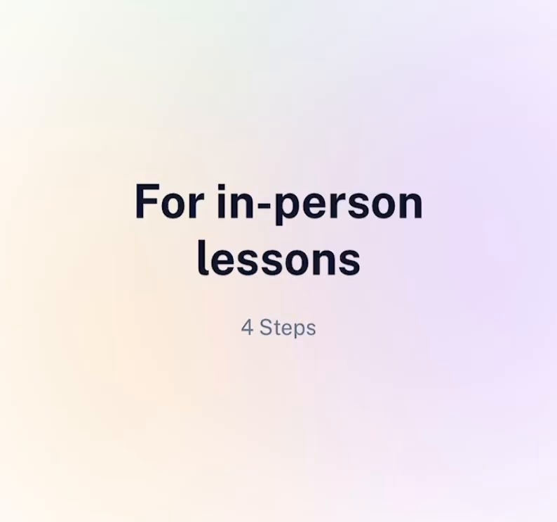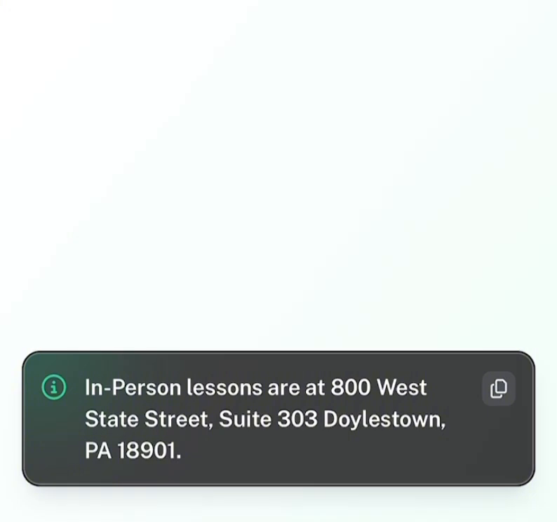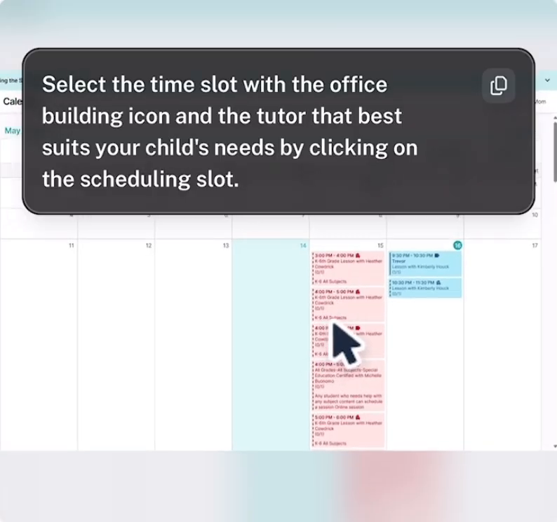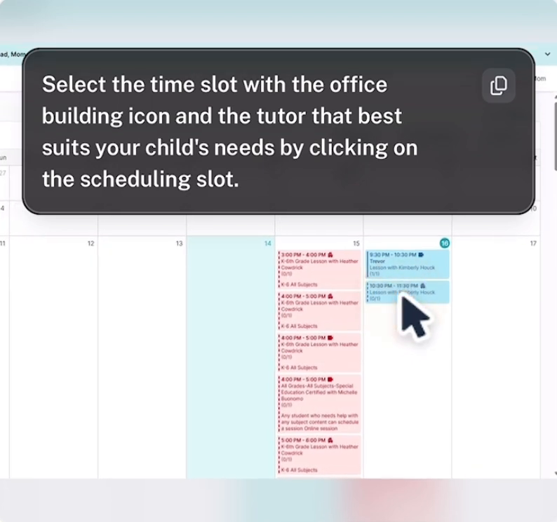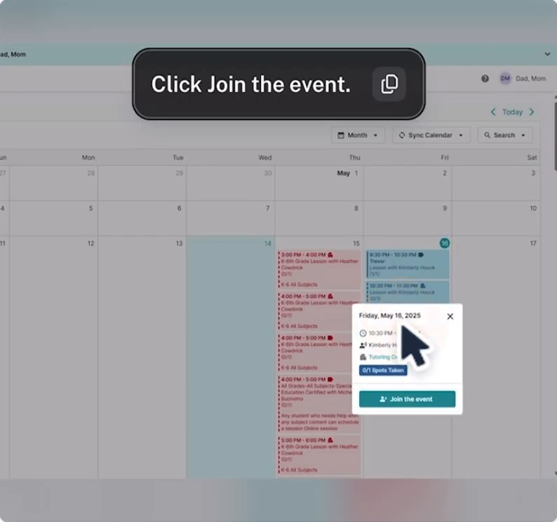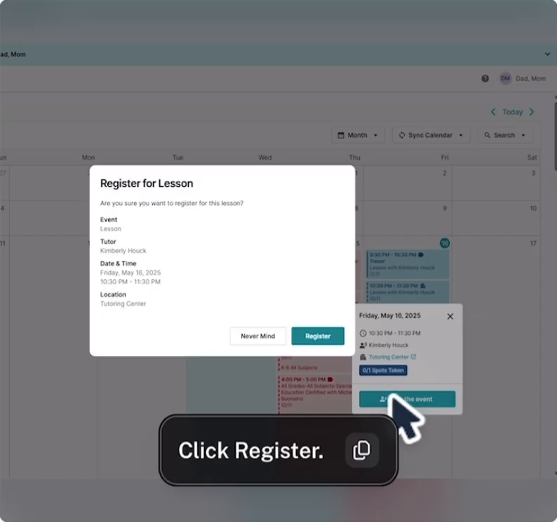For in-person lessons. In-person lessons are at 800 West State Street, Suite 303, Doylestown, PA 18901. Select the time slot with the office building icon and the tutor that best suits your child's needs by clicking on the scheduling slot. Click Join the event. Click Register